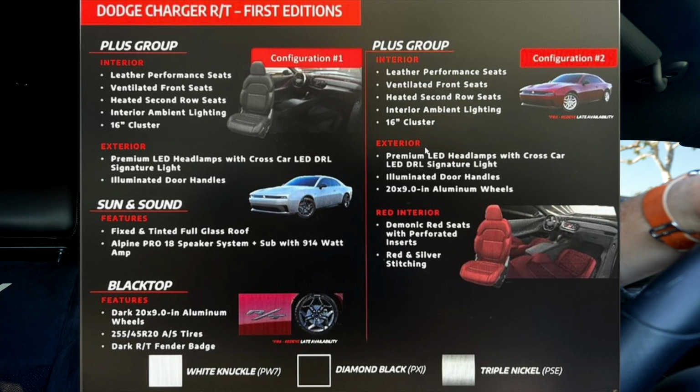It's ridiculous. All right, let's talk about the RT first editions. So the first edition is going to have the Plus group, which is the leather performance seats. So kudos to them for not going with the vegan leather. They're actually using real leather, it appears. Ventilated front seats, heated second row seats, which is a nice touch. Interior ambient lighting, 16-inch cluster. Exterior will have premium LED headlamps with cross-car LED and DRL signature light. Illuminated door handles. Sun and sound is fixed and tinted full glass roof, Alpine Pro 18-speaker system, sub with 914 watt amp. And the blacktop